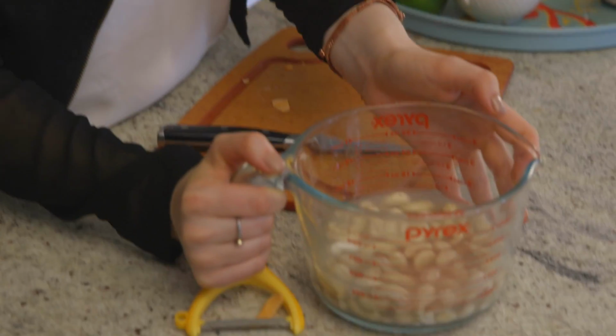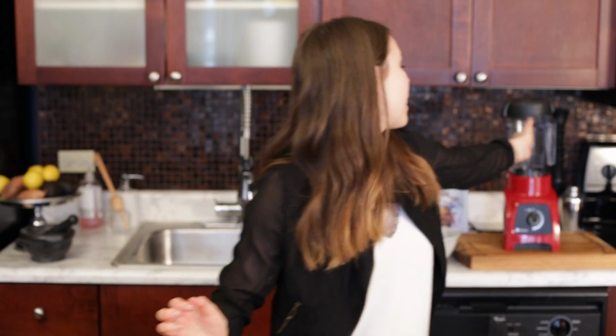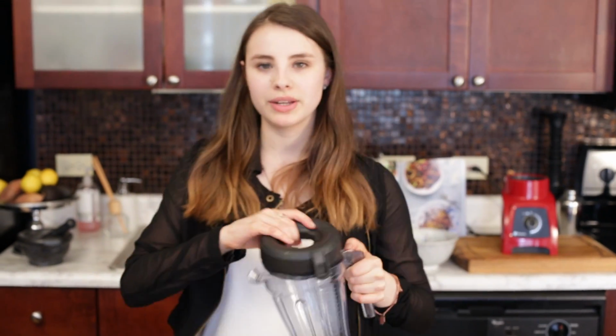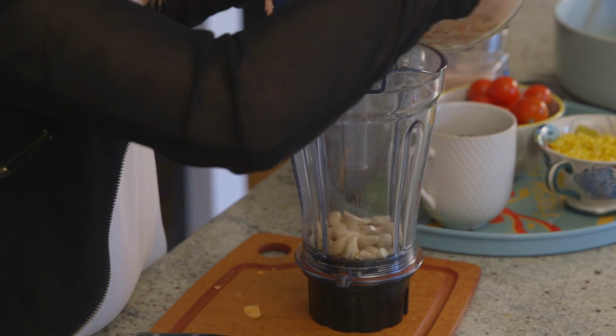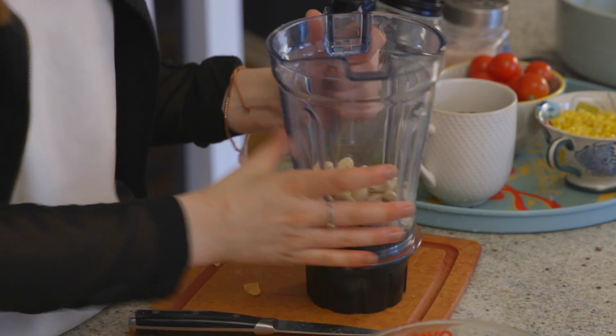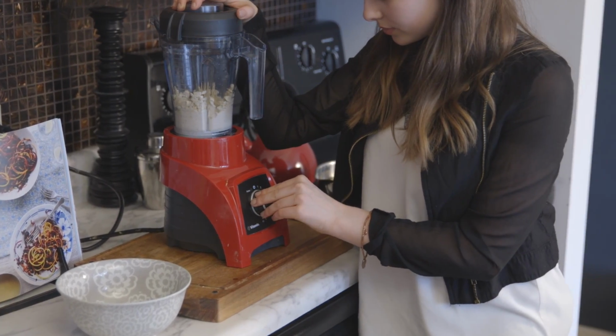So next, I'm going to get them in the blender, draining the water a little bit because we only need around 1/4 cup of water. Depending on your blender, you can add more as you go. And now I'm going to blend. So now we've made the cashew sour cream, I'm going to put it to the side